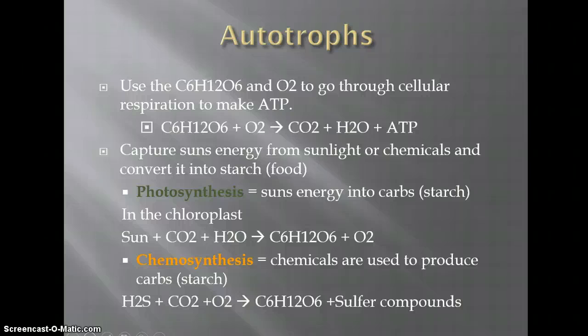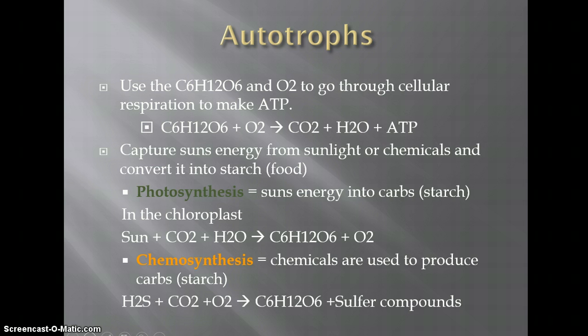Okay. Autotrophs, also called producers. Autotrophs produce oxygen and glucose. Autotrophs will use glucose and oxygen to go through cellular respiration to make ATP. ATP is energy. So there's that chemical formula, the glucose plus the oxygen. A waste product is carbon dioxide. There's water, which is used by the organism, and then the ATP is that energy that gets used to keep